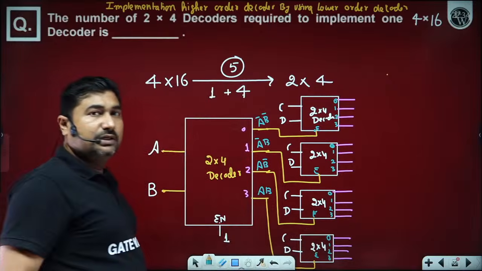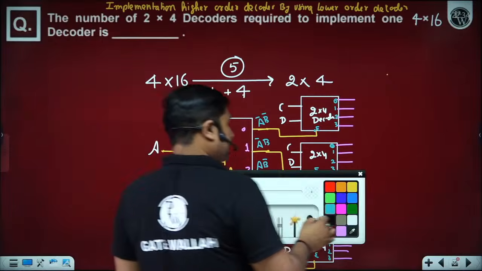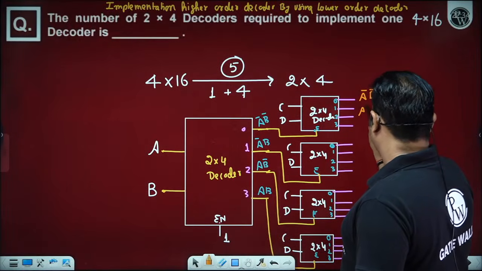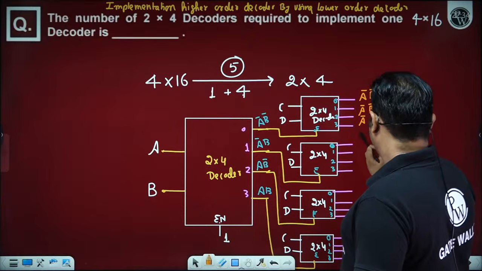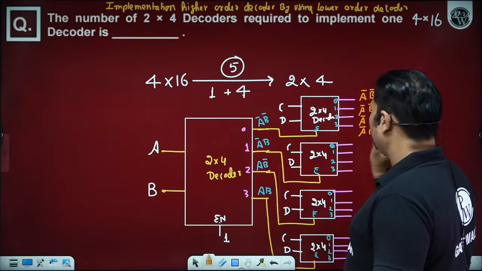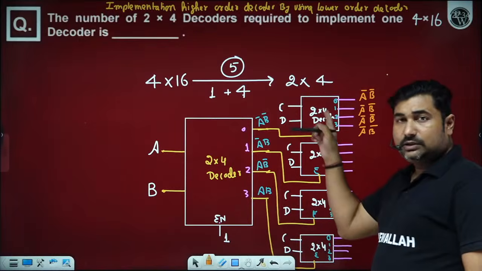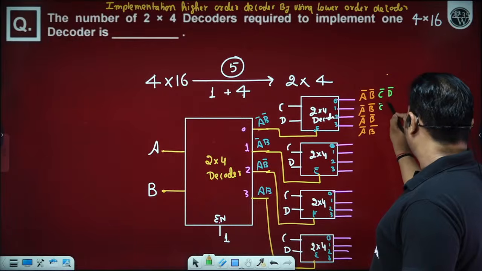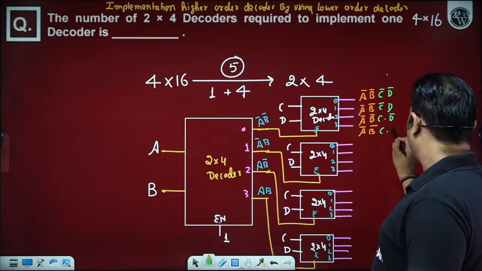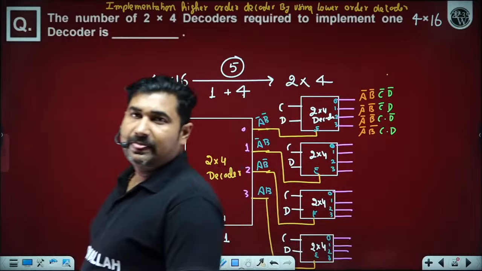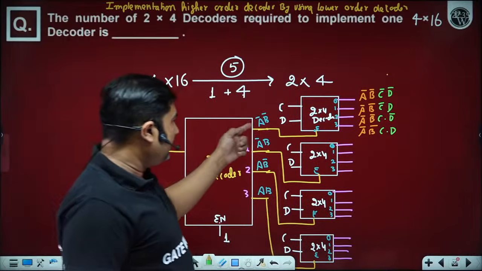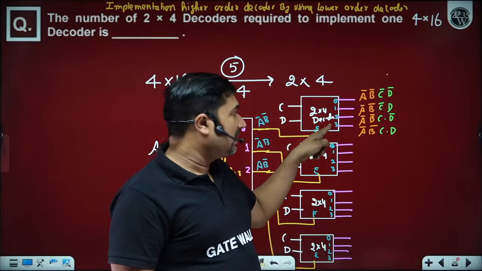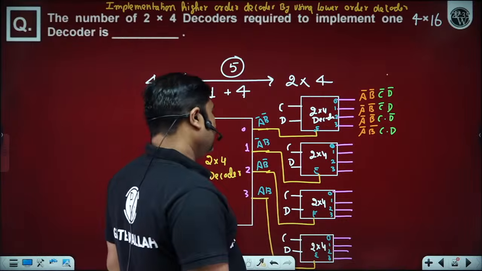Is it okay? So in case we are getting A bar B here, it is because of the enable connected to each of the output pins of the decoder, and depending upon the binary data applied to C and D, one of the output lines will become logic 1. How many of you able to understand, beta ji? Yes sir, great. So enable is this pin, and depending upon the data applied to C and D, one of the output lines of this decoder will become logic 1. The same for the second.